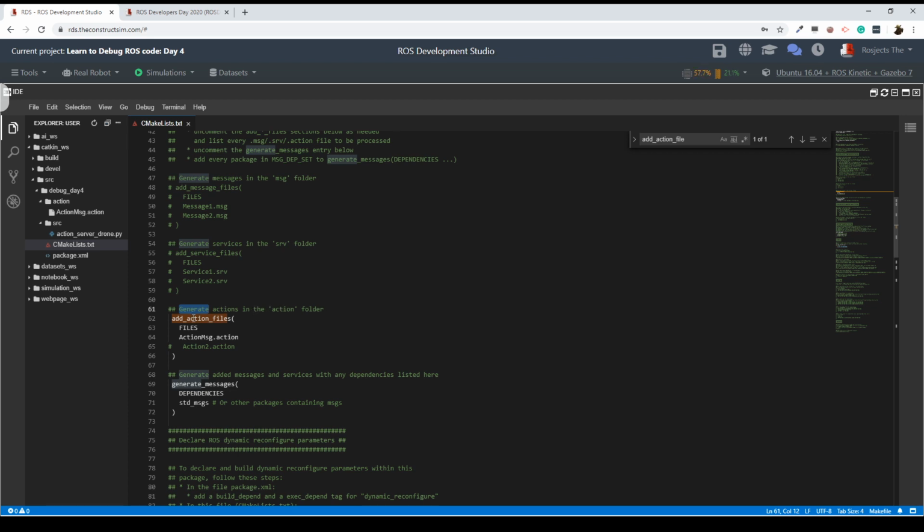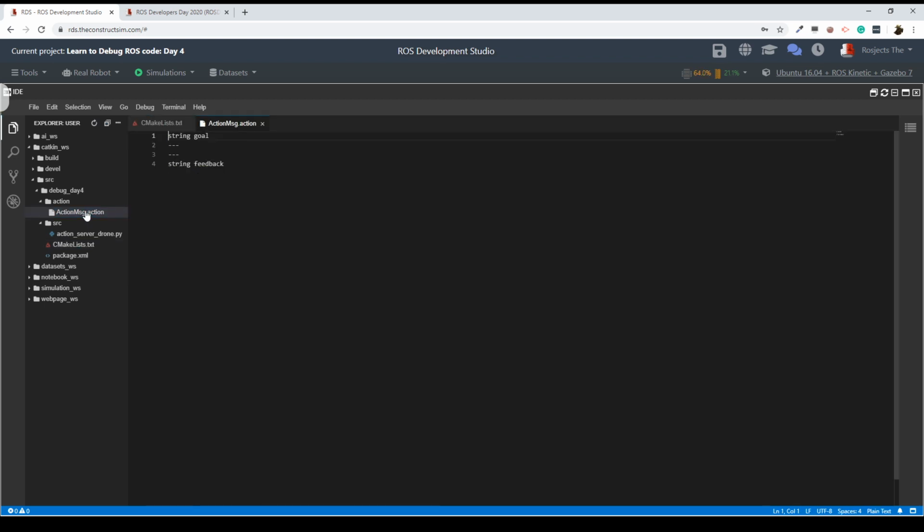Yeah, so basically this function is meant to generate custom action messages, like the one I have here. Yes, so I have here the add action file function, and I'm specifying here the action message .action file, which I have right here. Then if I open this action message .action file, I have the definition